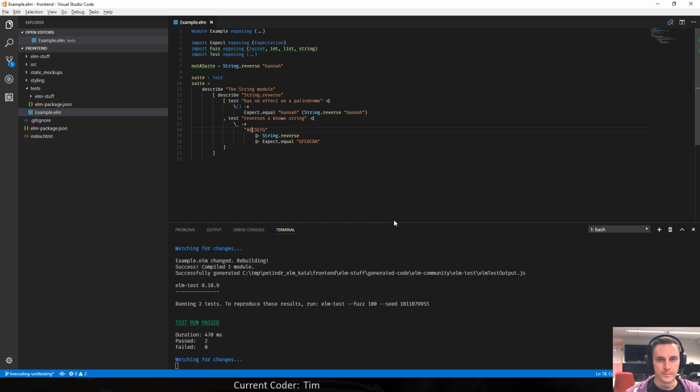Okay. So then ABCDEFG is the thing that is eventually being applied to String.reverse, the function under test, and the result of this should be equal to this thing. That's how you should read this test, basically. So it's kind of the other way around, because I bet you're used to seeing this. I guess we could just do that.